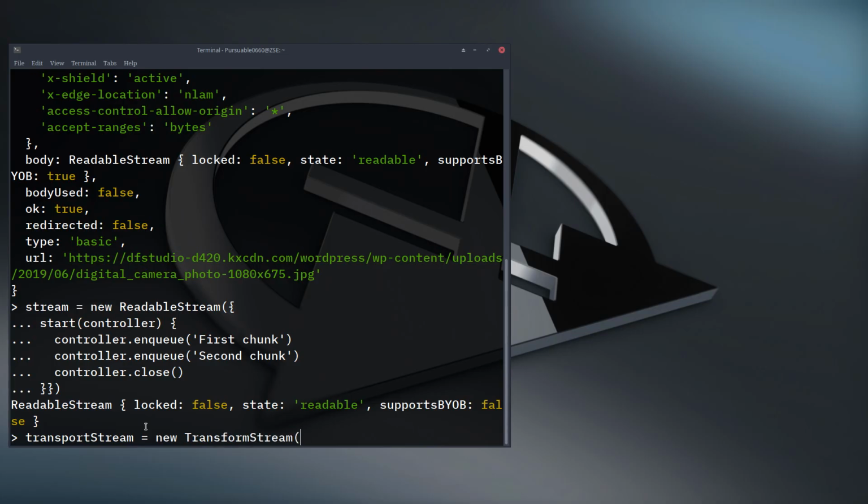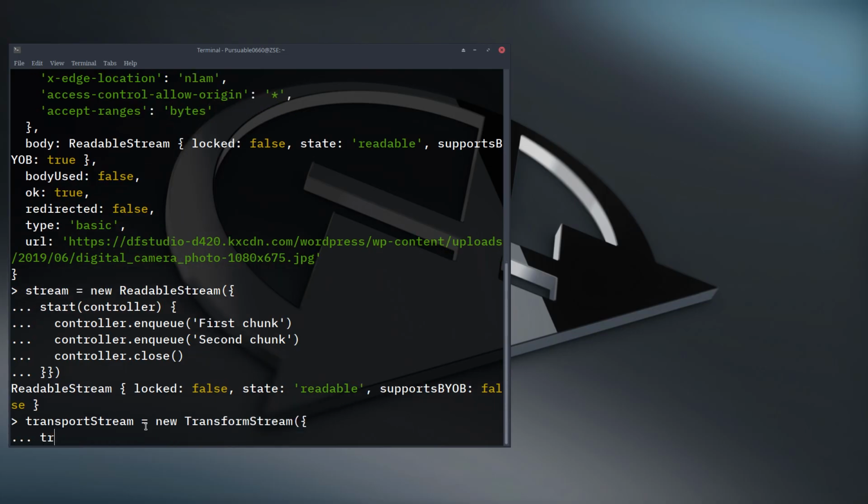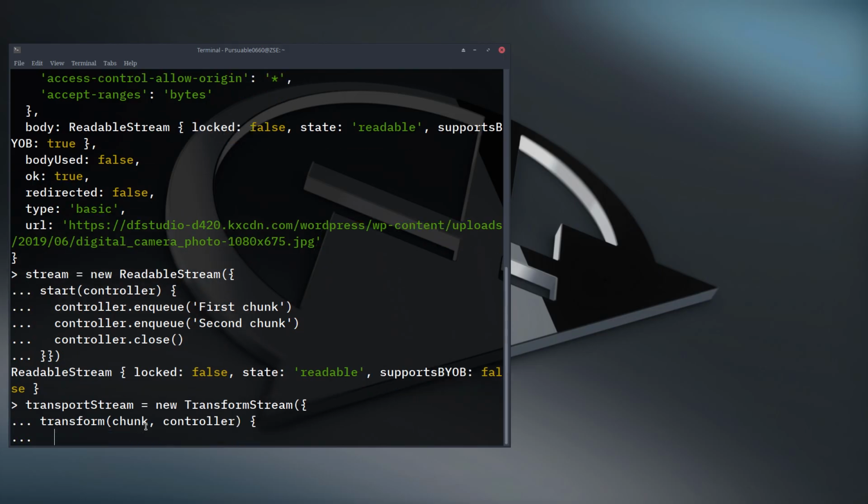It's already available to you. So there you can pass the transform method, passing the chunk, and then the controller. So we can have something like upper chunk, for example, chunk to